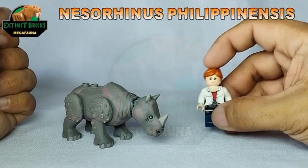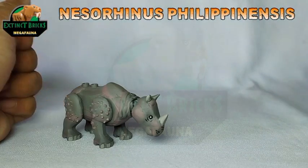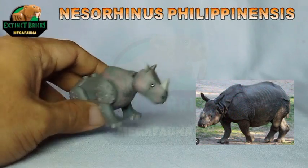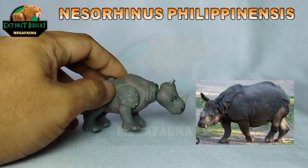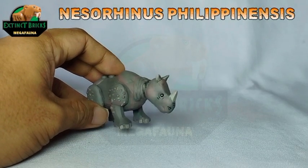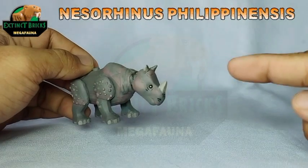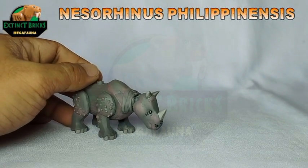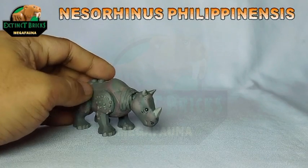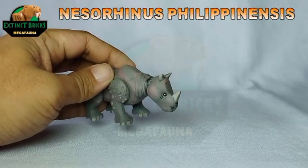Alright, so Moira here will be coming back later on for some size comparisons. Here, our Nesorhinus, or the Philippine Rhinoceros, is actually based off this particular photo over here. This is one of those that I'm quite excited for, because I wanted to make a rhinoceros that is very similar to how they look at the moment. The Philippine Rhinoceros is very much similar to the Javan Rhinoceros, which is still living at the moment. Here's a picture of the Javan Rhinoceros. So I want to make one, and if ever I would create a zoo and put the Nesorhinus there, then they would see that okay, that's a Javan Rhinoceros. So that would be an enclosure for such species. Well, yeah, but for this particular video,